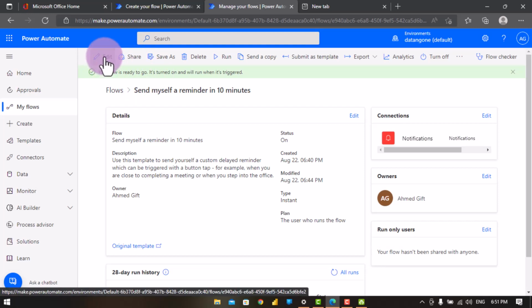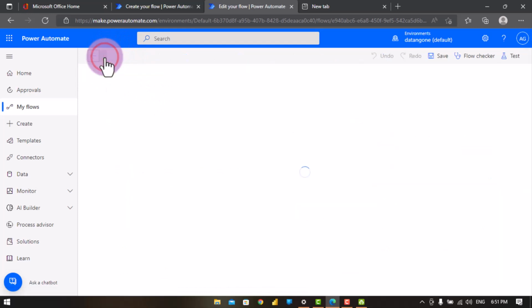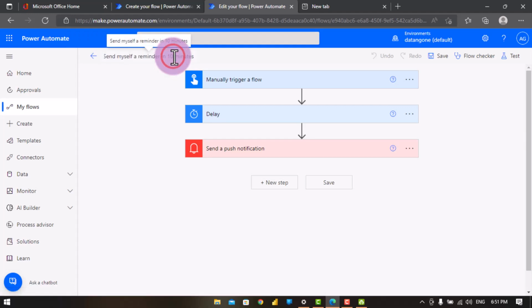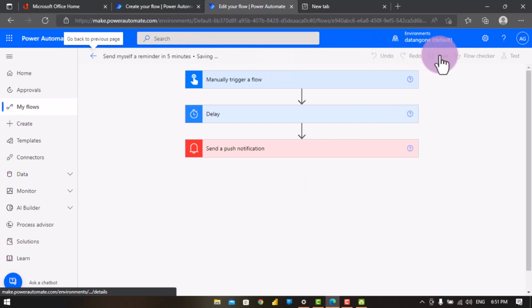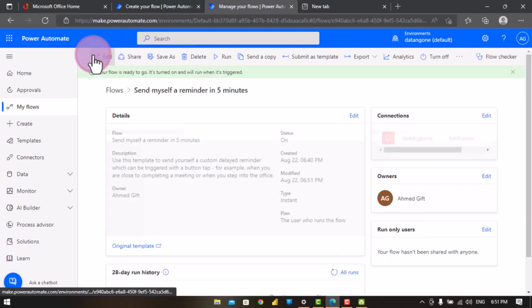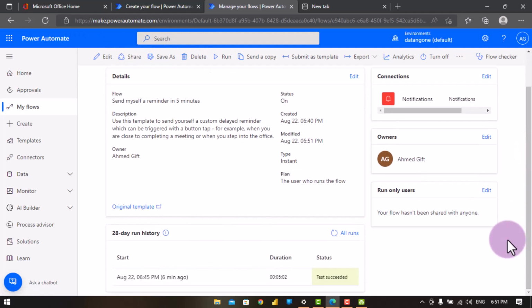So here, once you click on back, you can click on edit. Once you click on edit, you can click at the top right here and change this from 5 minutes to 10, or from 10 minutes to 5 minutes, and you can save your flow. Once you save it and you go back, you can scroll down and you notice at the bottom side here,